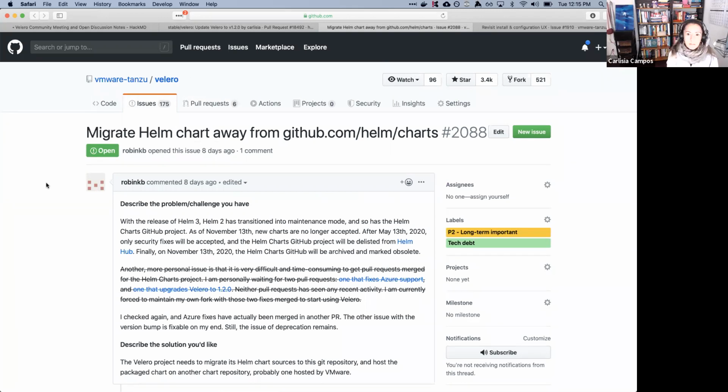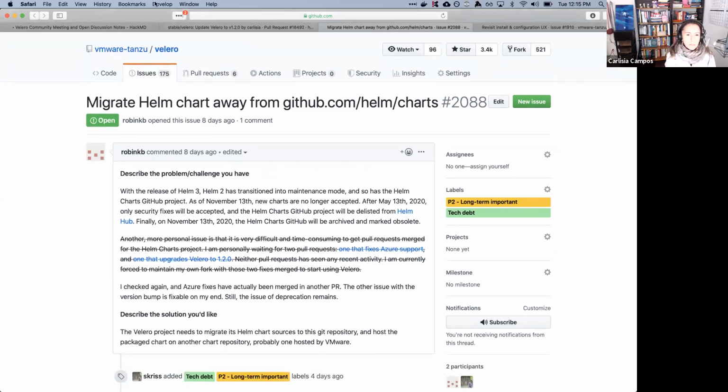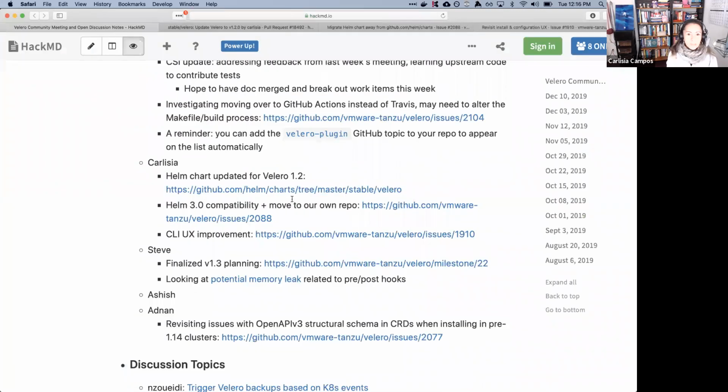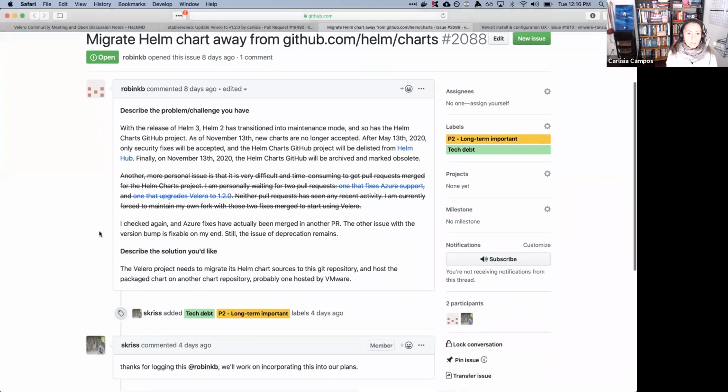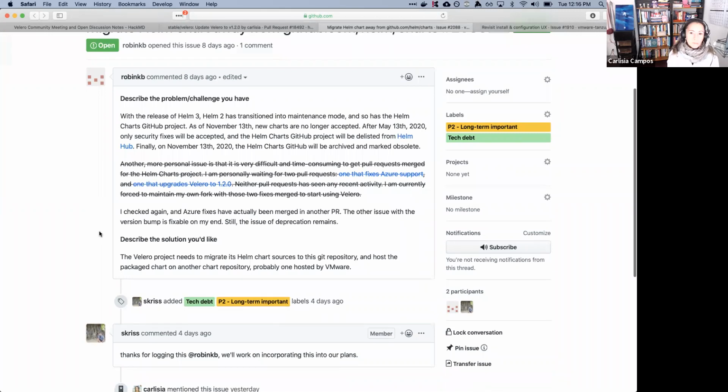And so my next bullet is another Helm related thing. For version 3.0 of Helm, they want the charts to be moved to a different repository. So this is something we need to think about. Do we add a folder to Velero? Do we open a new repository on the Tanzu organization? Because in any way, one reason they want to do that is it's written in that description. It's really high churn, that repository.